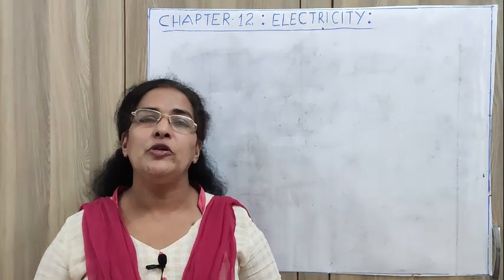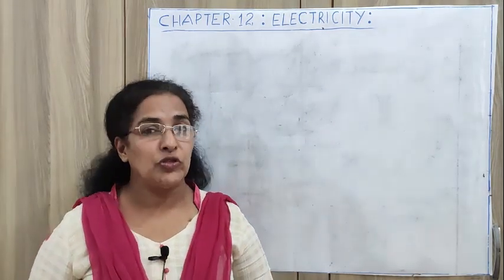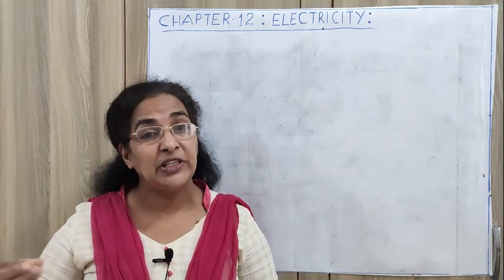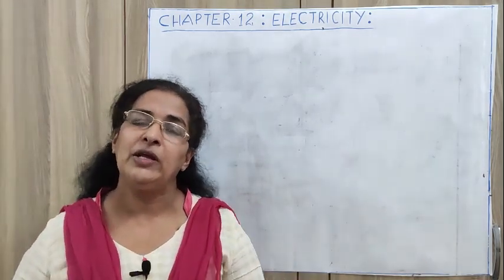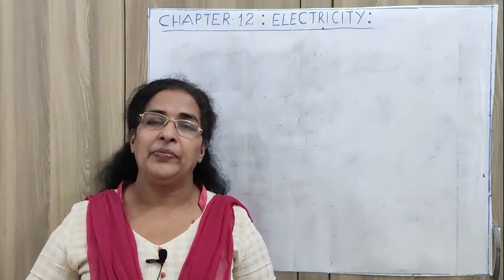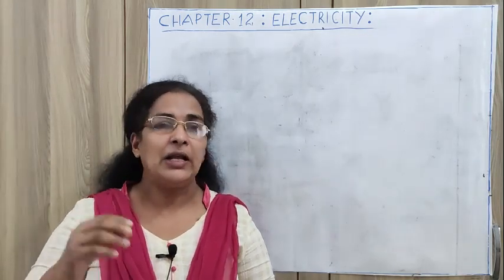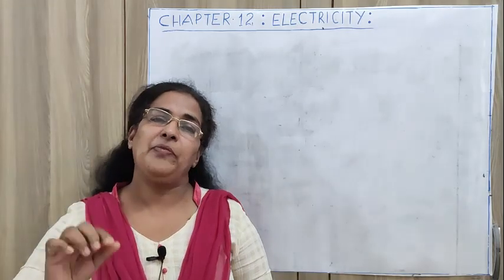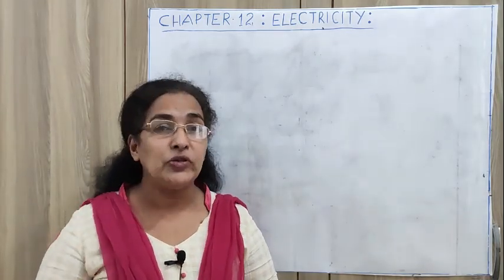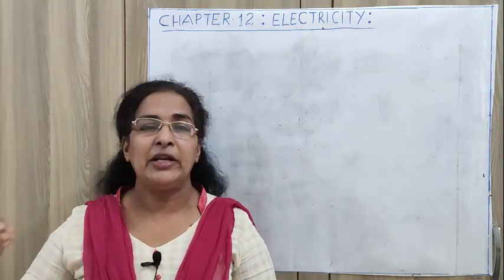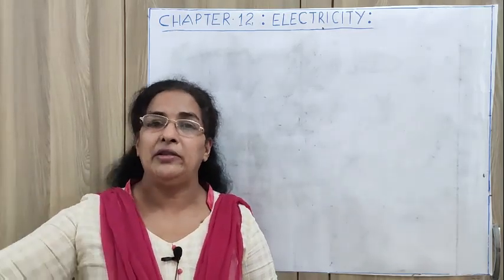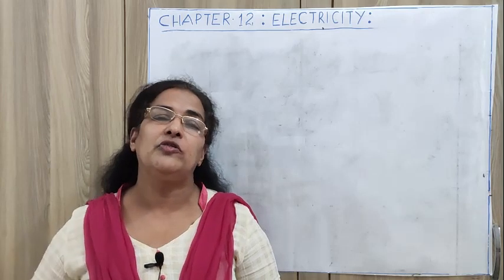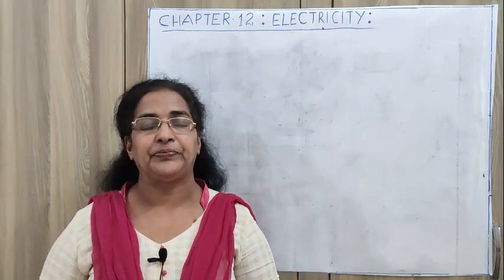In your homes, you may not be familiar with fuse wire and all, you may be familiar with MCBs. MCBs are also like that. If more current is passing through it, the circuit will break. The advantage of MCB is that after it trips, we can again make it work. But a fuse, once it is broken, when it's melting, the wire will melt away. You have to put another fuse wire, then only the circuit will be working again.